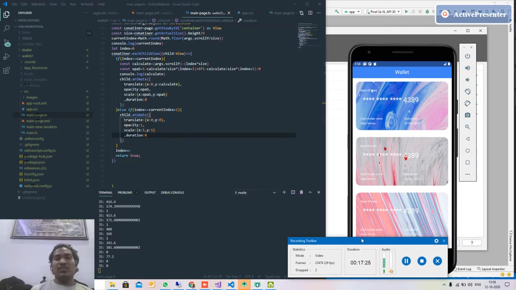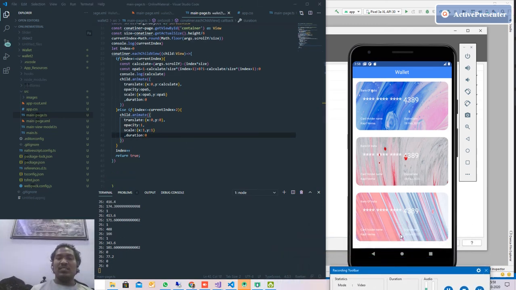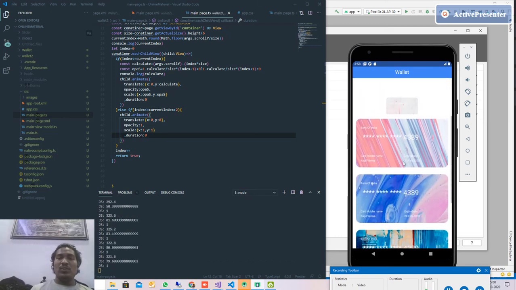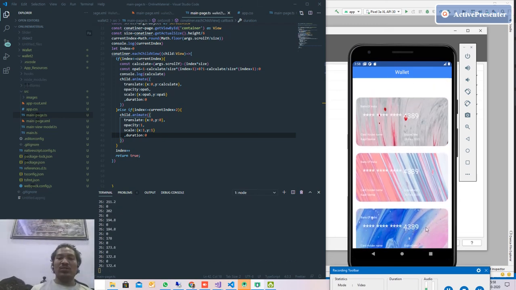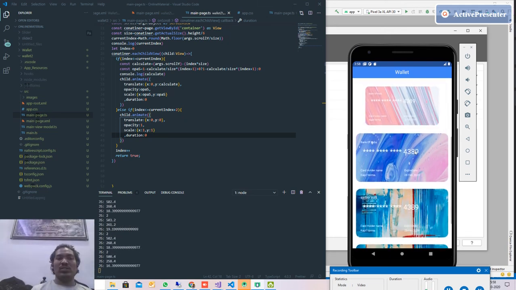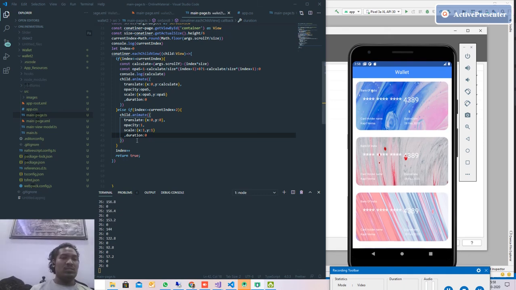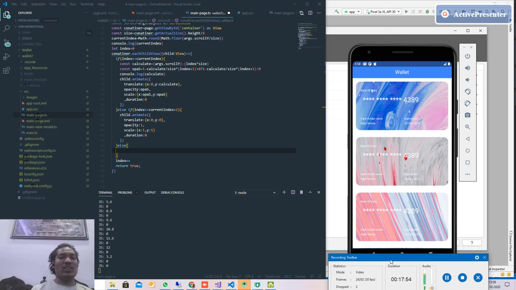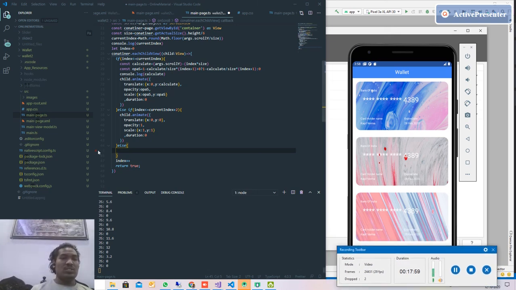Now one last thing we need to do: when we scroll up, we want this element to also go small and then go big whenever you scroll. So how to achieve that? Okay. So in this last one, we want to know how much space is vacant from the upper side, so that we can calculate that the new element is going to occupy that space. So how to calculate that? So easy.